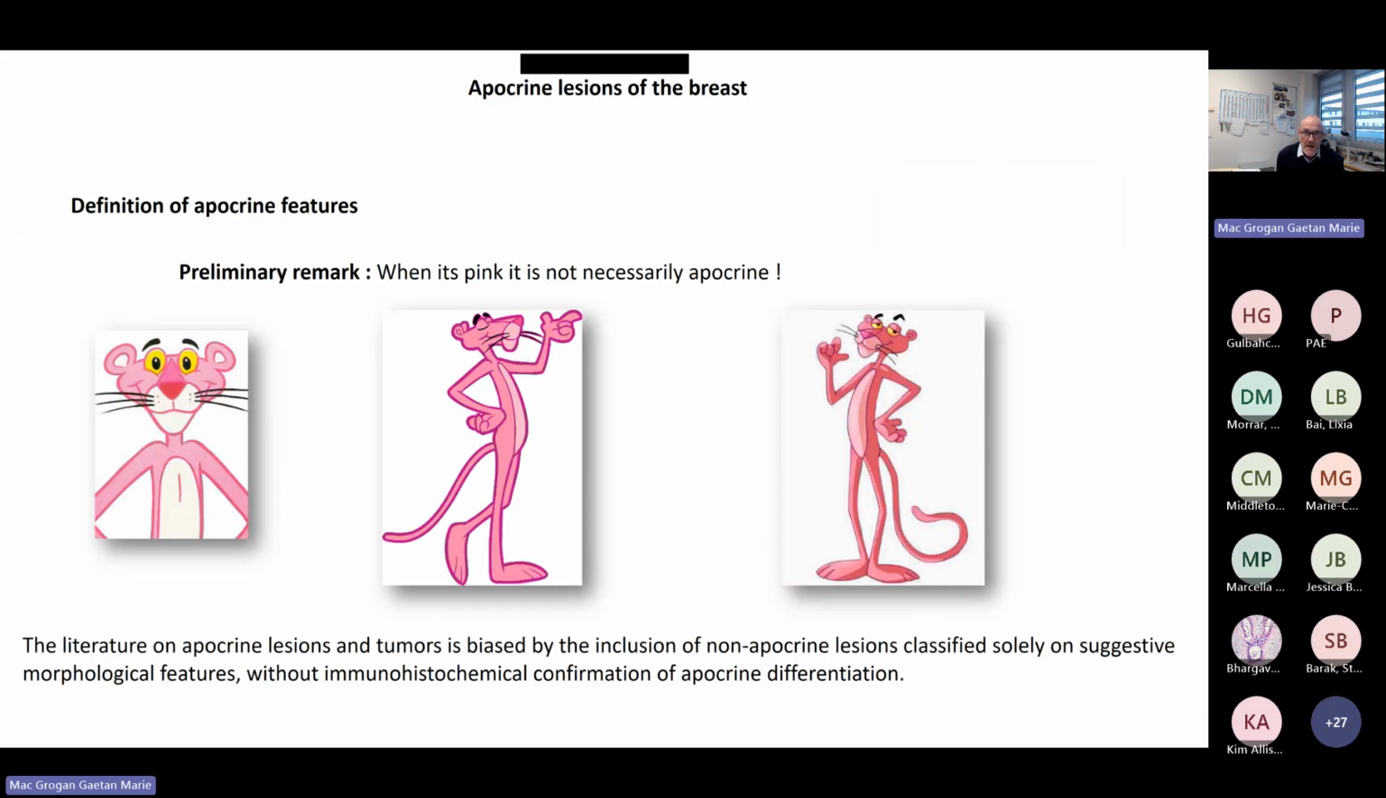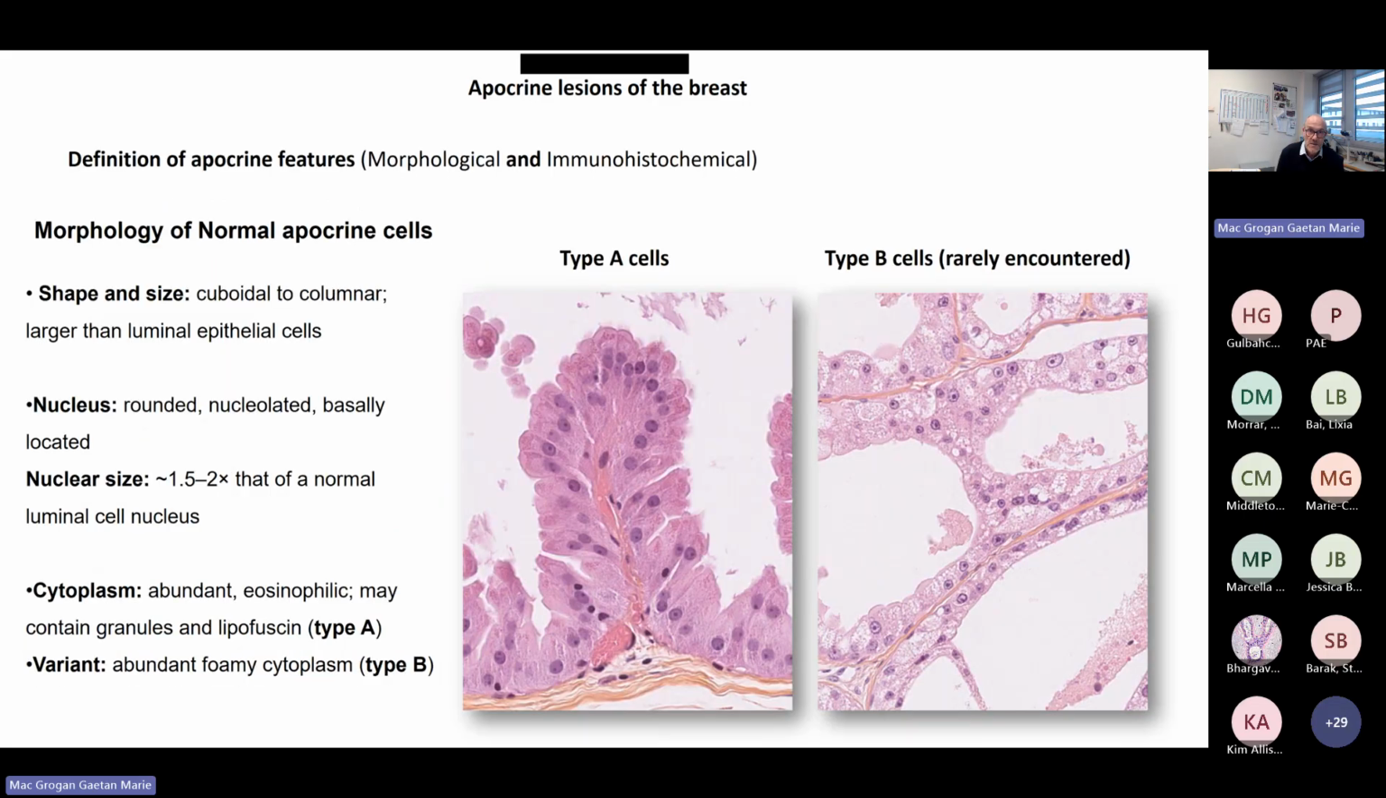What about the definition of apocrine features? First of all, when a cell is pink, it's not necessarily apocrine. During the review of the literature for this presentation and for articles, I have noticed that the literature is biased by the inclusion of non-apocrine lesions classified solely on suggestive morphological features without immunohistochemical confirmation of apocrine differentiation. So when you talk of the definition of apocrine features, you must include morphological as well as immunohistochemical characteristics of